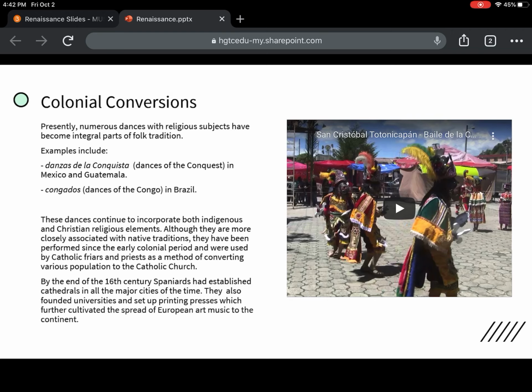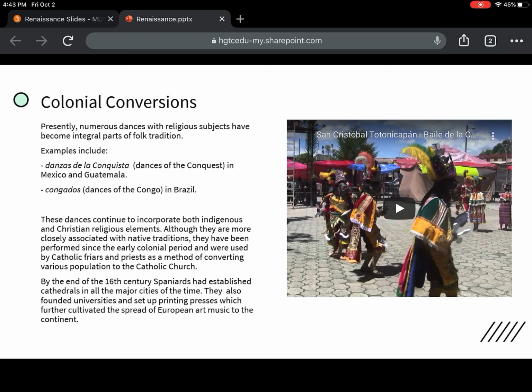And so what many of the priests or the friars did, who were running these churches in the New World, as they thought of it, they would try to convert the words into the language that the people spoke there in Latin America and the different parts. They would try to convert the dances that were traditional European dances into dances that were more likened to what the people had already been doing before they arrived. And then this way there was this blending of these cultures.